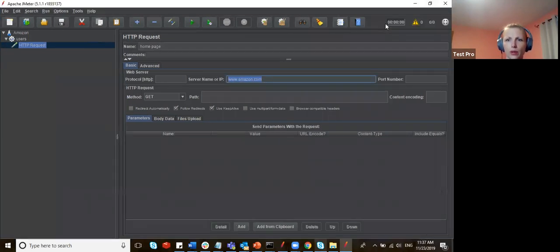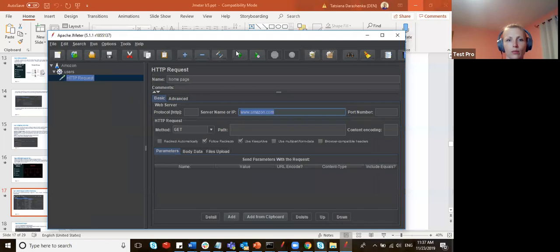Actually, I will expand my window. You see this timer here in the right corner, and we will see the seconds we specified, and here we will see users, how many users, and you will see how JMeter is running. And actually, we are ready to run. If you click this run button,